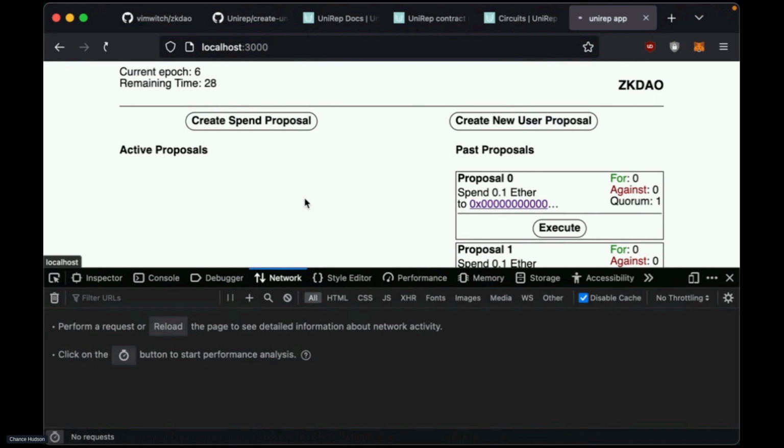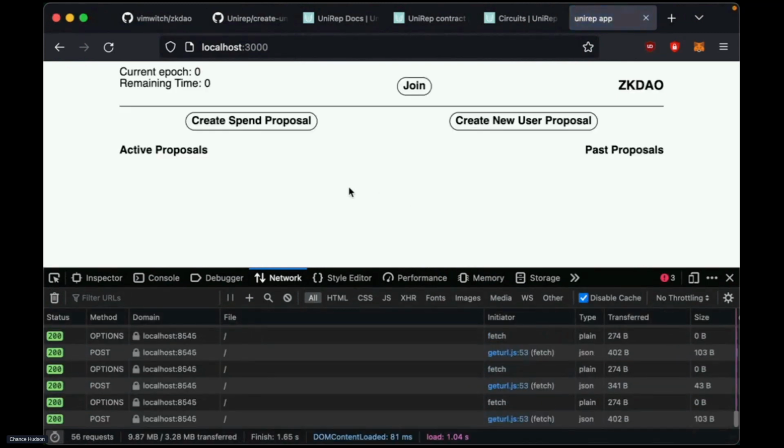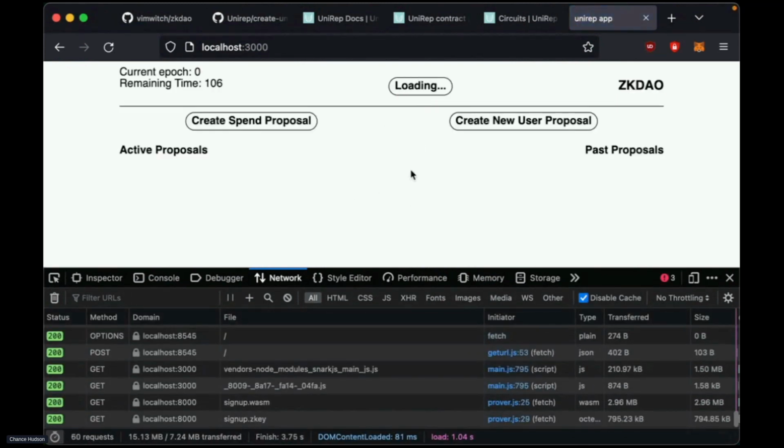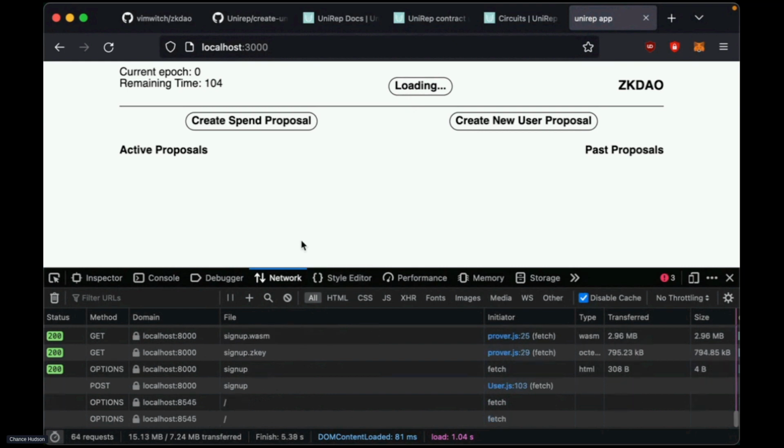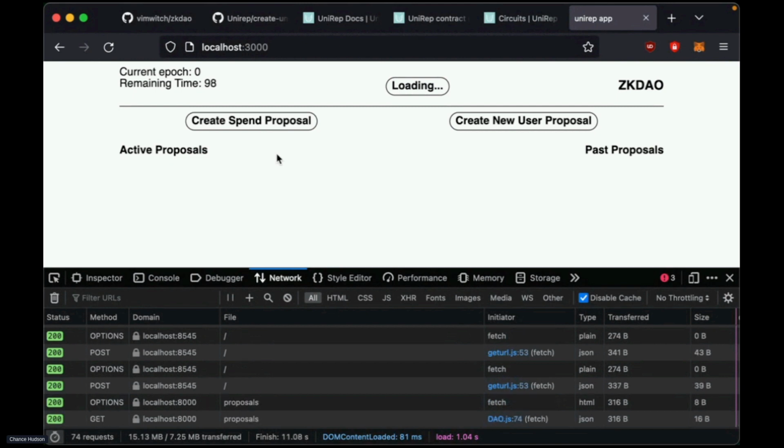Okay, and refresh it. Because we did redeploy, we need to go ahead and join again as the first user. Cool.